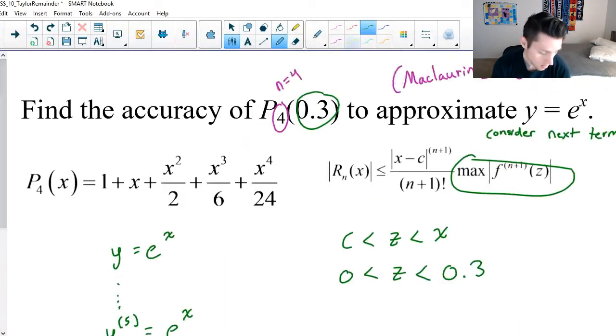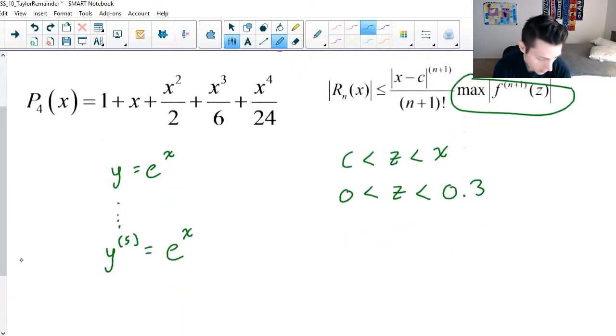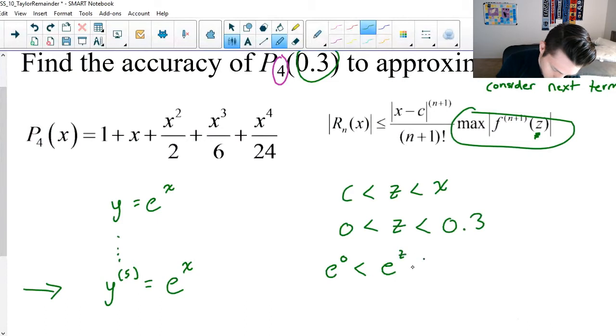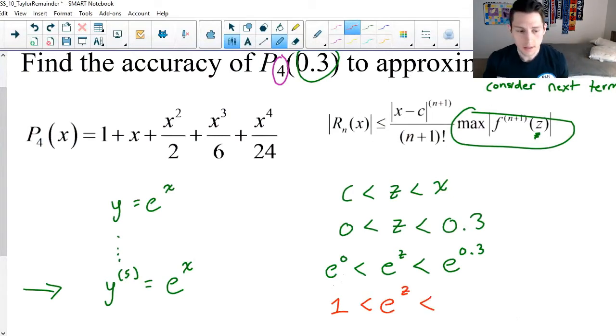All right, but let's consider now our fifth derivative, because remember, this is all about taking z and plugging it into the fifth derivative, whatever it is. So let's do that. Well, e to the 0 is just 1. So e to the z less than, now again,